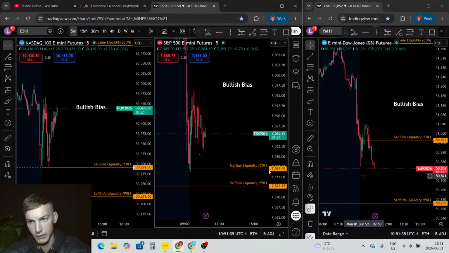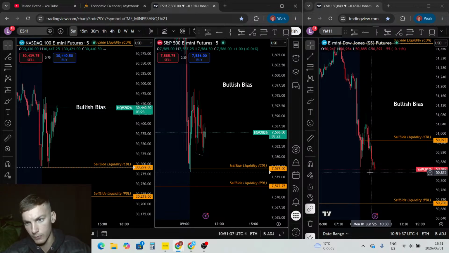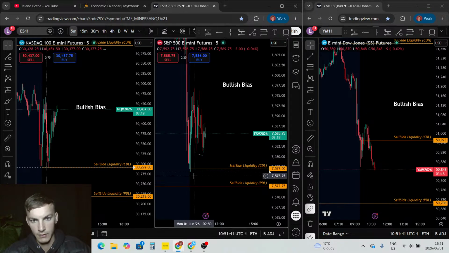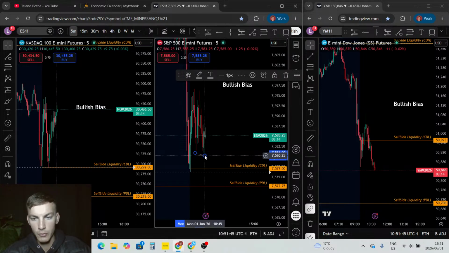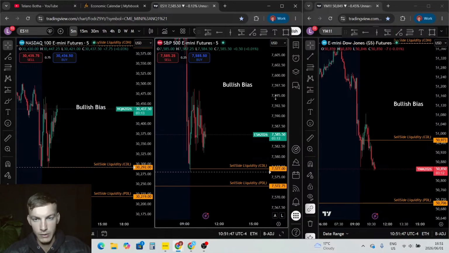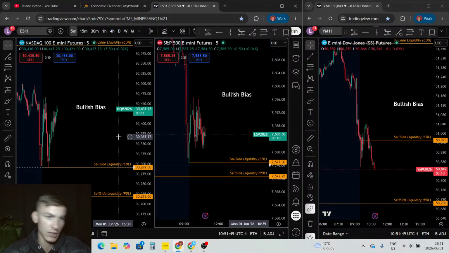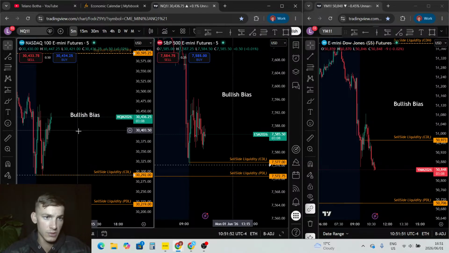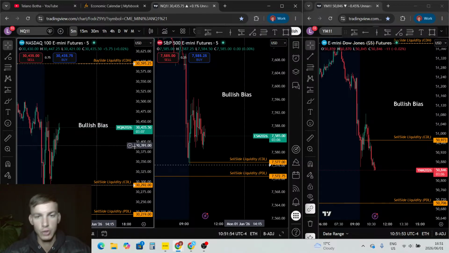and we could also have a potential SMT here on the Dow, where the Dow is clearly making a lower low, and this one is not, still making a higher high. So we just want to see. I'm going to remove this for right now, just so that we can see what price does, and at a later stage I can show you guys exactly what it does. For simplicity's sake, we're going to keep the charts as is,